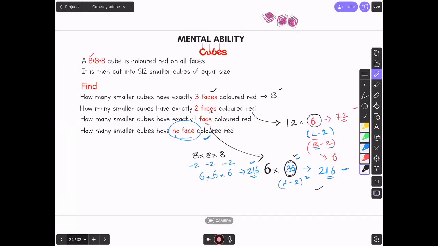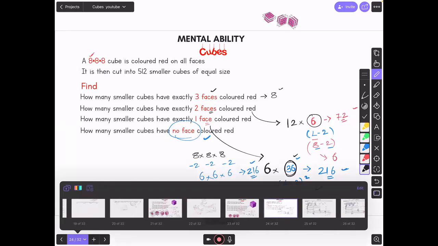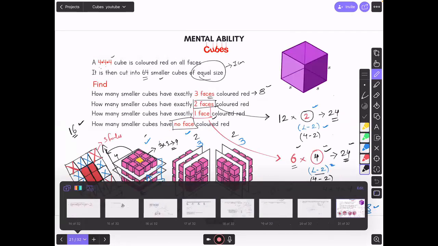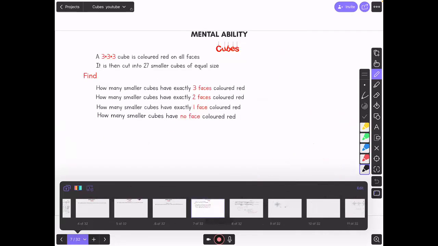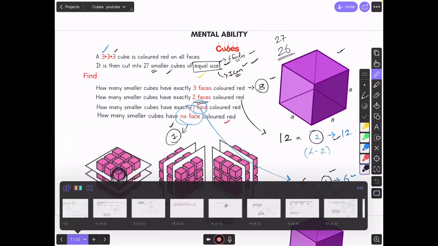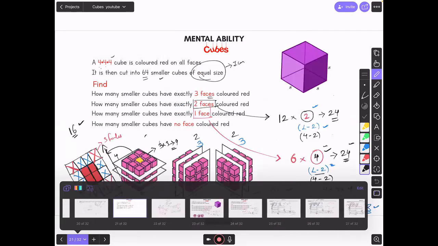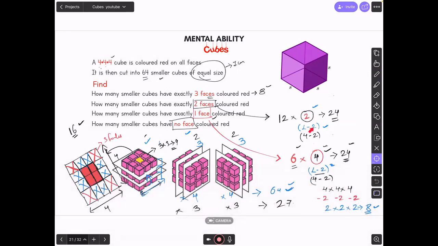So पहले हमने किया था. Let me just revise everything now. कहाँ से start हुआ था? So we started with a 3 centimeter cube, which is here. So 3 centimeter cube. Then 6 centimeter cube, then 4 centimeter and 8 centimeter. Okay, what is the only difference here? Length of the edge is changing. So that's what you have to always use in the formula. L minus 2 and L minus 2 का square. Remember this and this, minus 2 minus 2 minus 2. Okay, ये इसका आंसर तो 80 होता है.